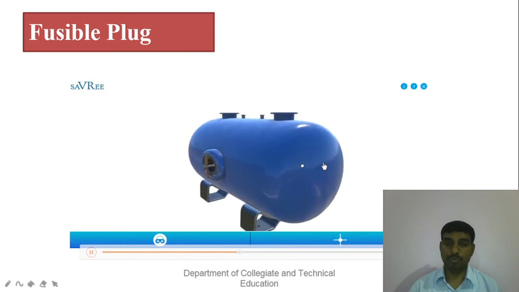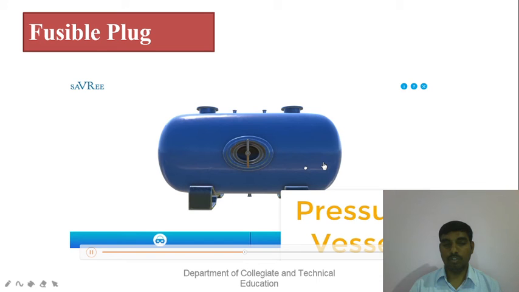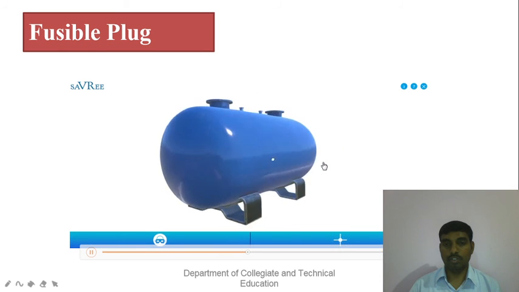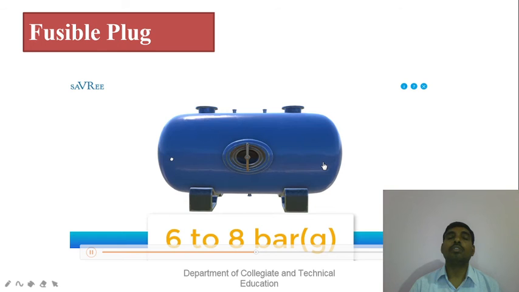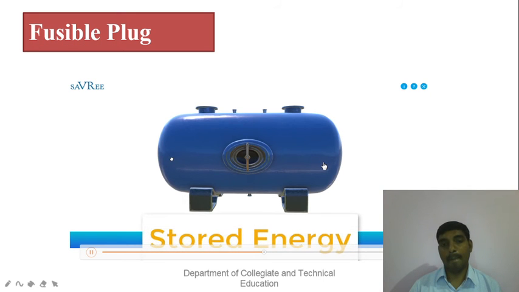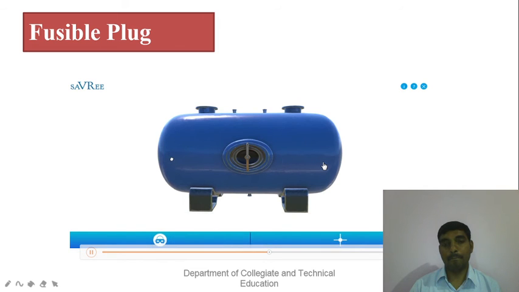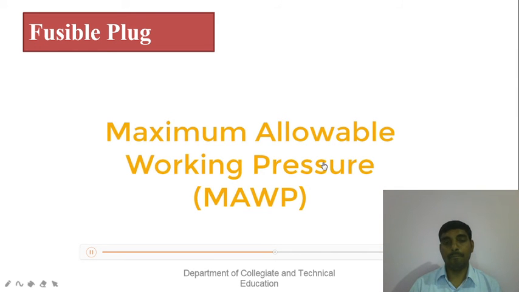Okay, so here we are. We're looking now at a compressed air vessel, also referred to as a pressure vessel. Now this cylinder that we're looking at, I'll just do a spin. This cylinder holds air between 6 to 8 bar usually. That's a standard pressure setting that you'll find in many industrial sites. The problem is that this compressed air represents stored energy. Now it's all fine when we're operating between 6 and 8 bar because it might have a design limit or a max allowable working pressure of 10, 12 or 14 bar. So we're well within limits if we're storing air at 8 bar.